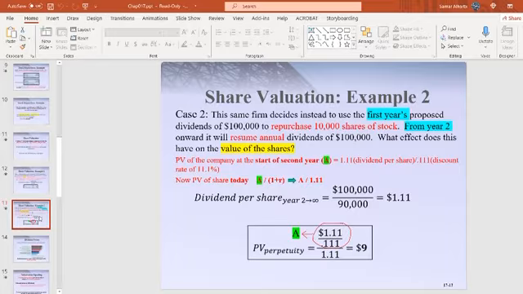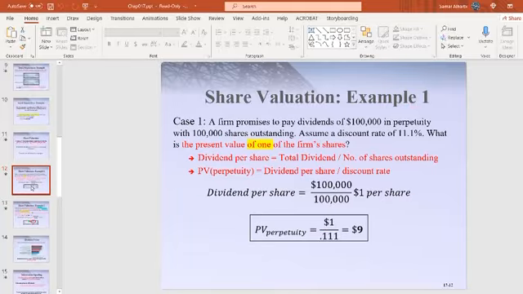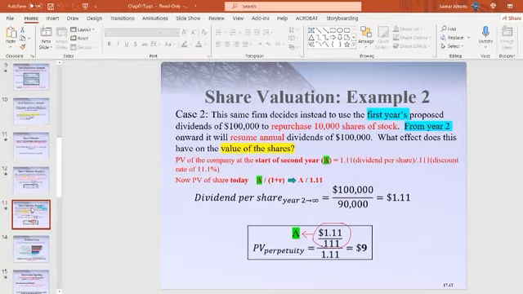So $1.11. Now, the second step, we will follow the previous example. As I said, similar to the second step here, you divide these two numbers: whatever you get from the first answer, you divide it by the cost of financing. So $1.11 from the first step divided by the cost of financing. I will call it A to be clear to you. This will give you a value, but this is actually not the final answer. Why? Because we are here in year two, not year one, right?